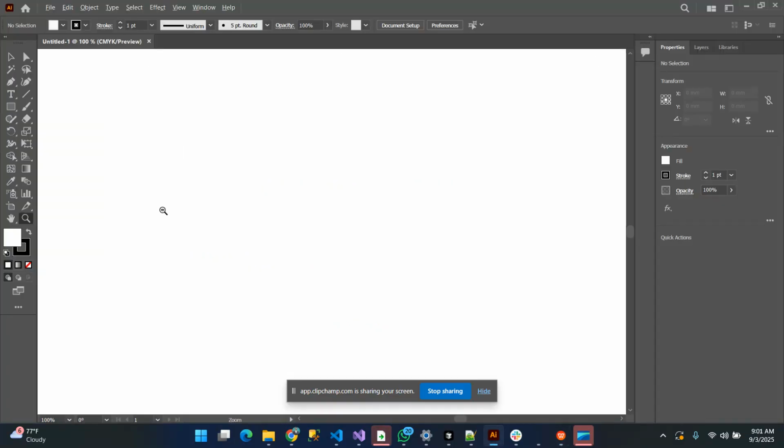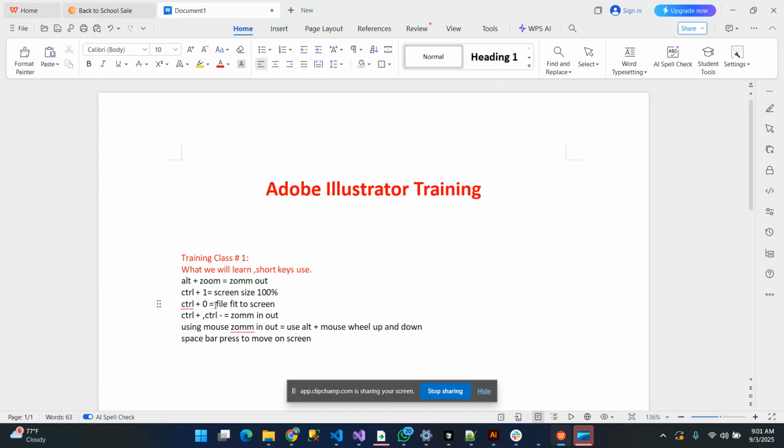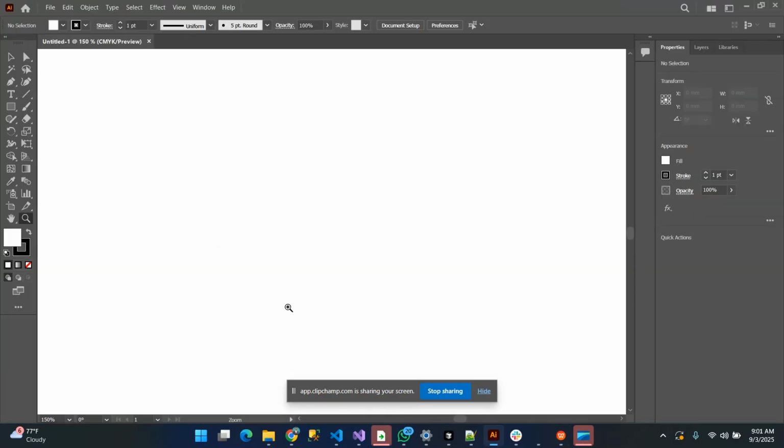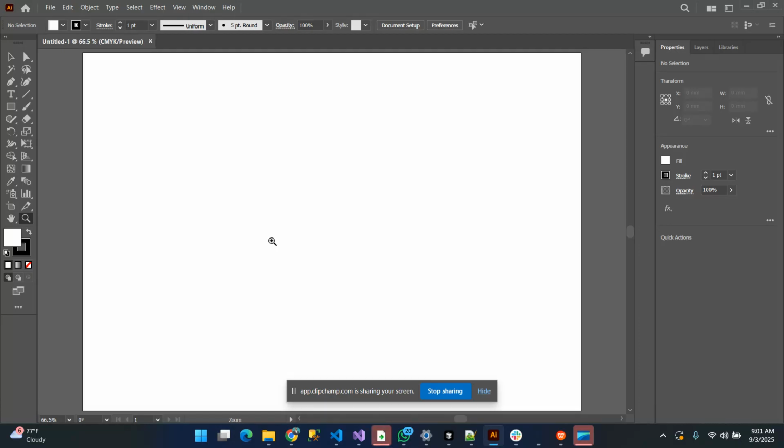The third command is Control plus 0, which fits the file to the screen. You can see the difference between Control 1 and Control 0. First I pressed Control plus 1. Now I will press Control plus 0. This has become according to the screen size